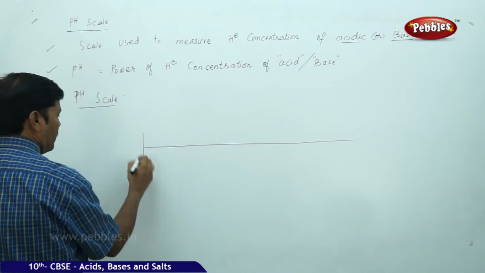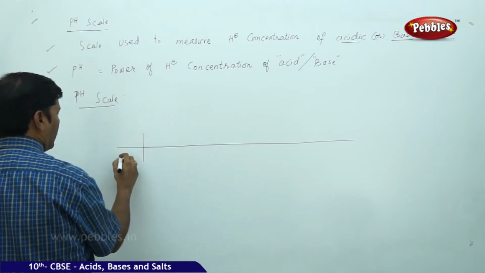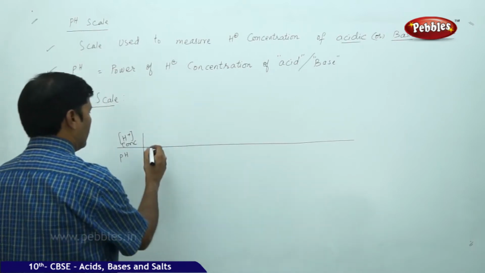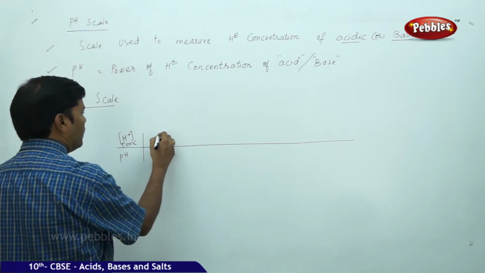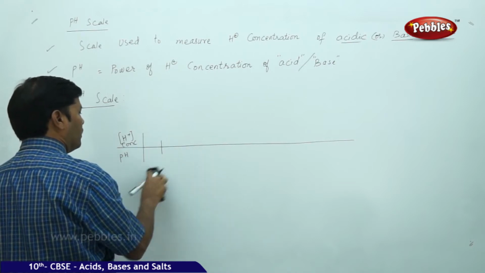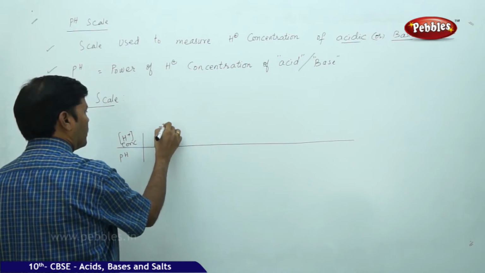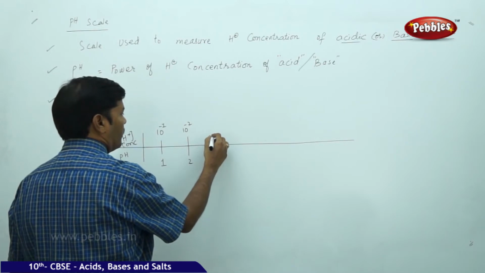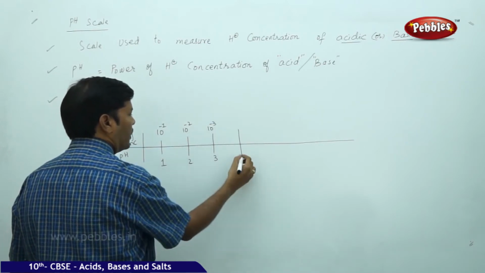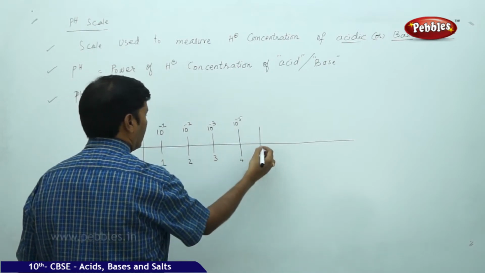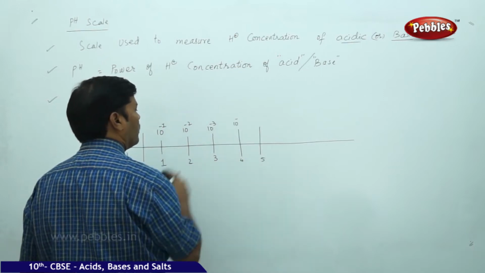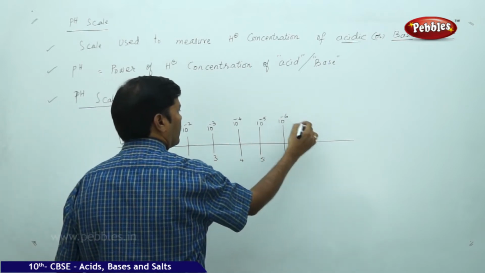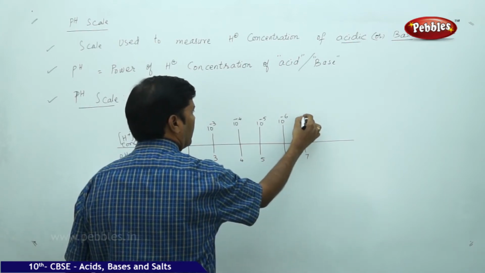It starts with the pH and H plus ion concentration. So here, if pH is 1, then H plus ion concentration is 10 to the power of minus 1. If pH is 2, 10 to the power of minus 2 moles per liter. Then pH is 3, 10 to the power of minus 3. pH is 4, 10 to the power of minus 4, this is 5, 10 to the power of minus 5, this is 6, 10 to the power of minus 6, this is 7, 10 to the power of minus 7,